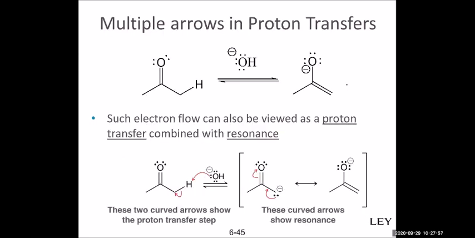And there can be multiple arrows. So this is a ketone. We have a hydrogen here. And you can see the final product. The question we give you in the practice will be similar to this. We'll give you the reactant and the product. You need to use arrows to show what happened.